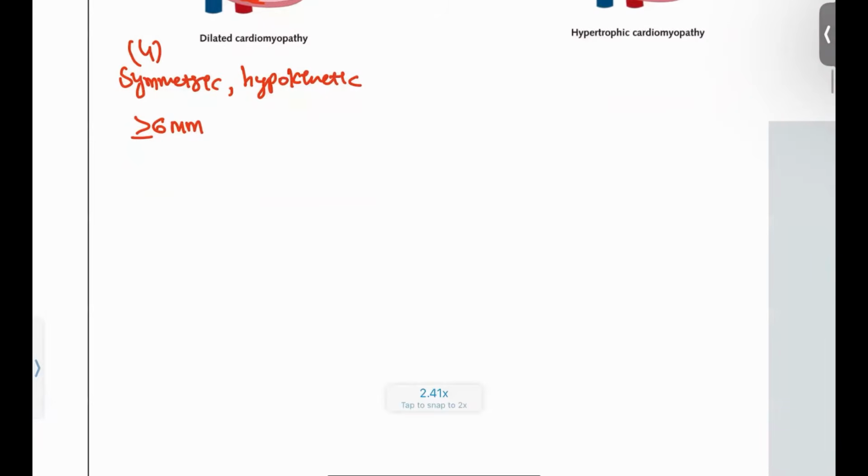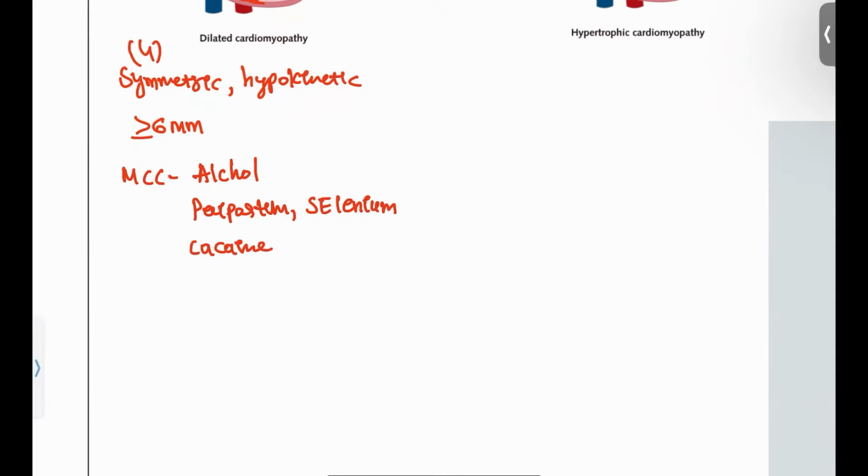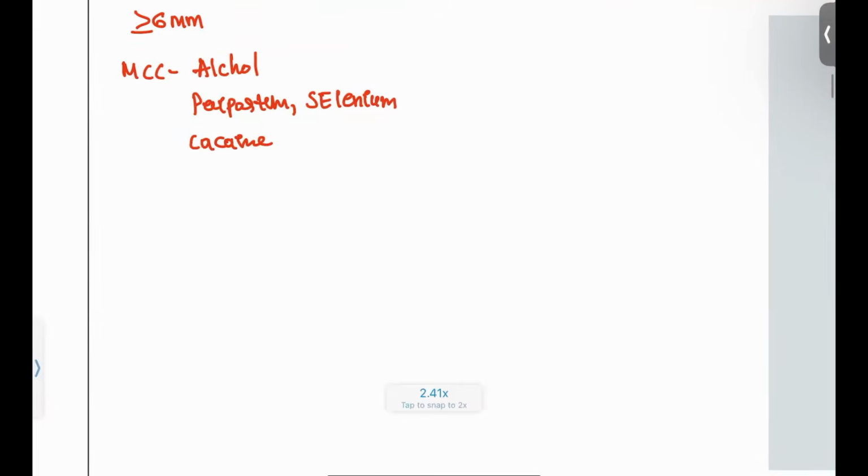And what are the causes for dilated cardiomyopathy? The most common cause worldwide is alcohol, followed by peripartum, in pregnancy patients. Then those with malnutrition due to deficiency of selenium, and those with cocaine abuse. All these are multiple causes. Along with that, there are also causes like sarcoidosis